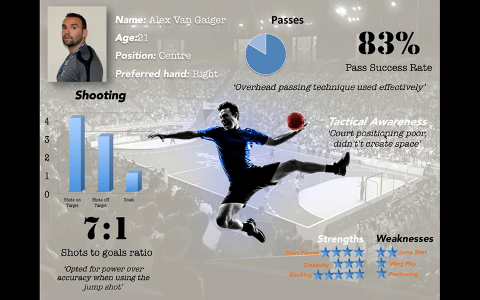So I've watched back my performance, and this is my first infographic, and this is for handball. As you can see, I've got some objective data here. I've got some subjective data, and I've also identified my strengths and weaknesses. Now, at the moment, you can see I've worked out some stats as well, so I've worked out the percentages